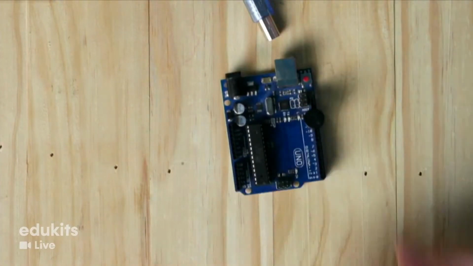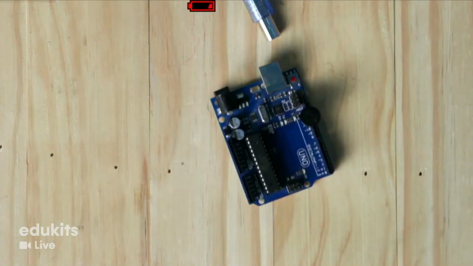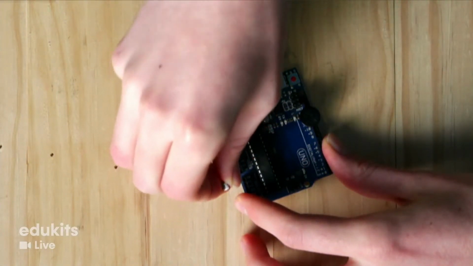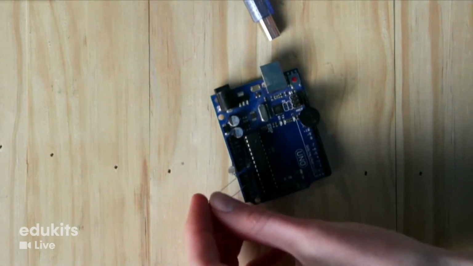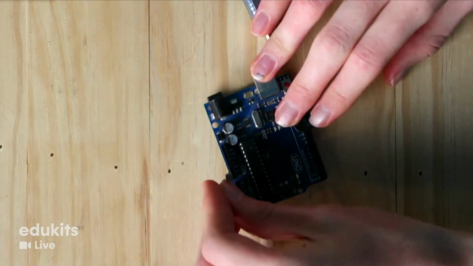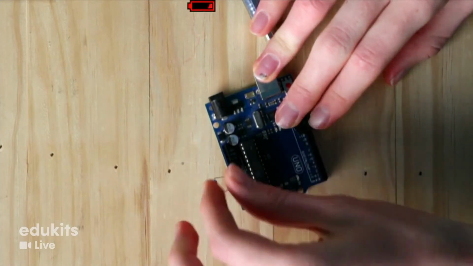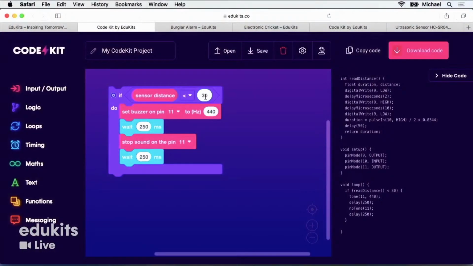Boom. Buzzer's in. And we'll do that connection with the light sensor and the resistor the exact same as we did before. So we'll insert the light sensor into A0 and 5 volts. So that's A0 and 5 volts is here. And then we're going to connect the resistor to A0 as well, but this time ground, GND over there. Now we're fully connected and we can get to coding this.